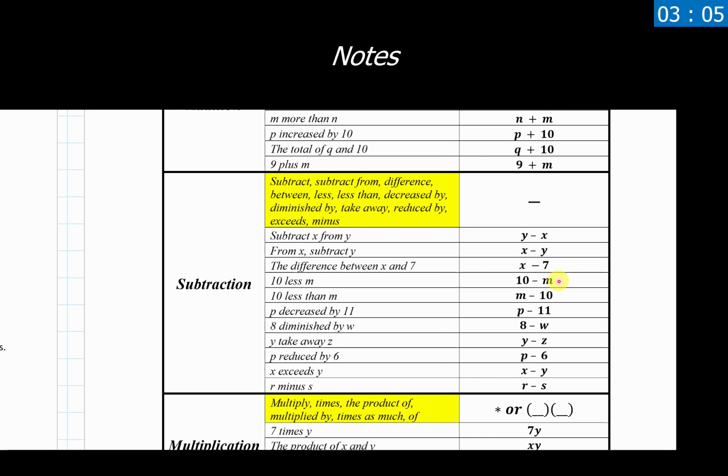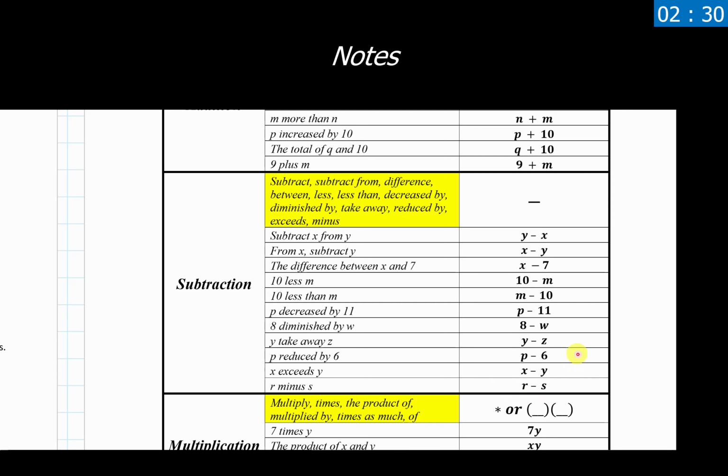Make this m 10 million and put some dollar signs in front of it. So $10 minus $10 million, or $10 million minus $10. Which one would you rather have in your bank account? And suddenly, hopefully, which one we pick absolutely does matter. We want the $10 million minus $10 versus $10 minus $10 million, right? So the order we write these things in, especially with subtraction showing up, absolutely matters.